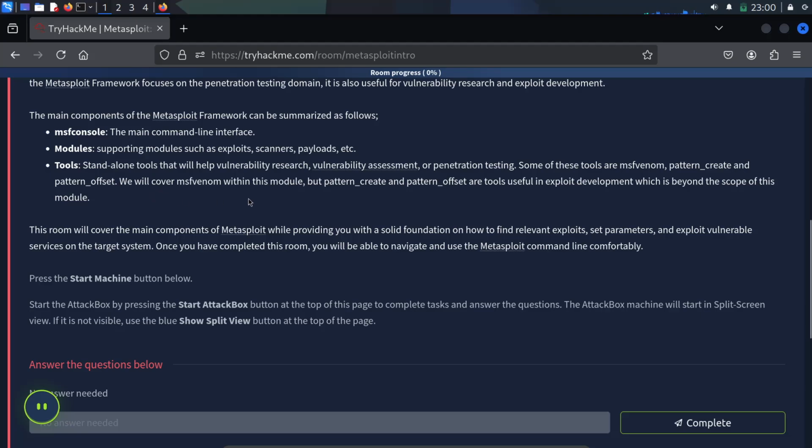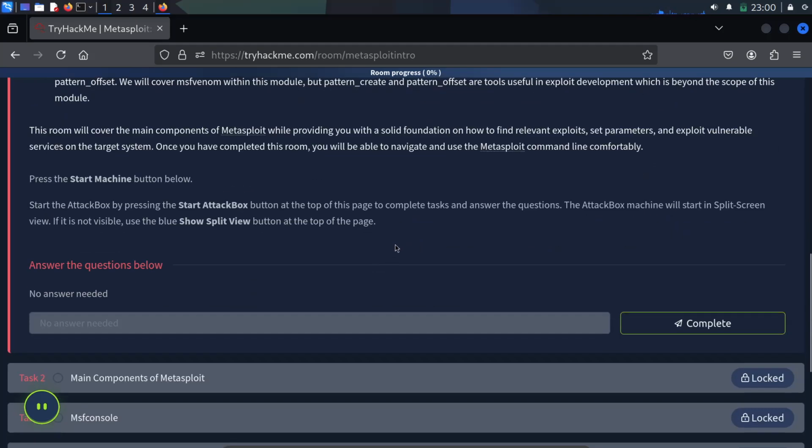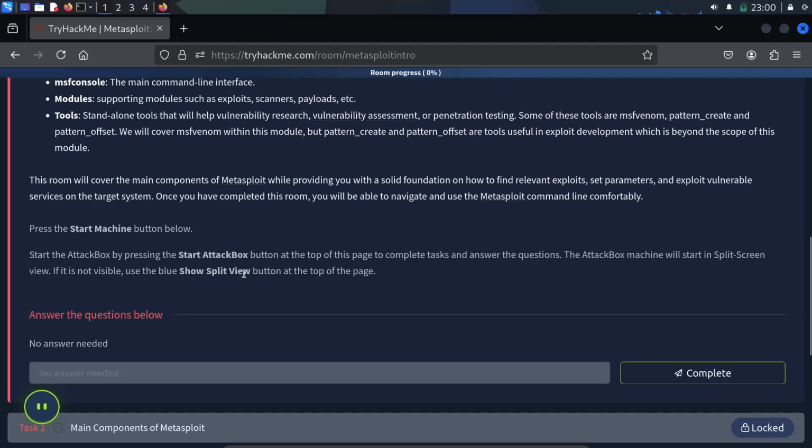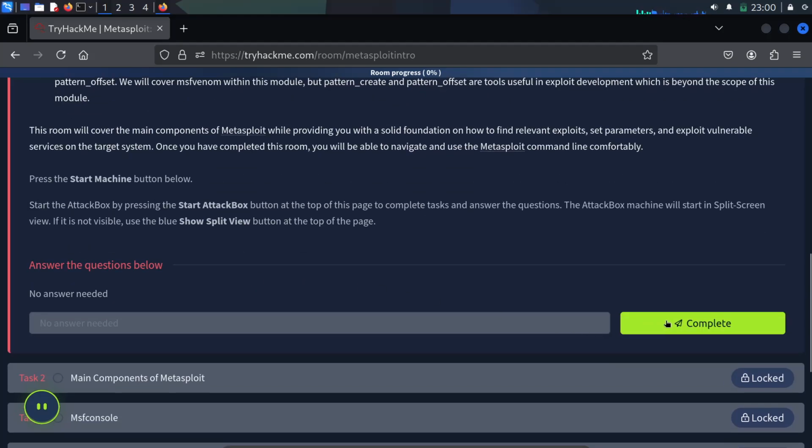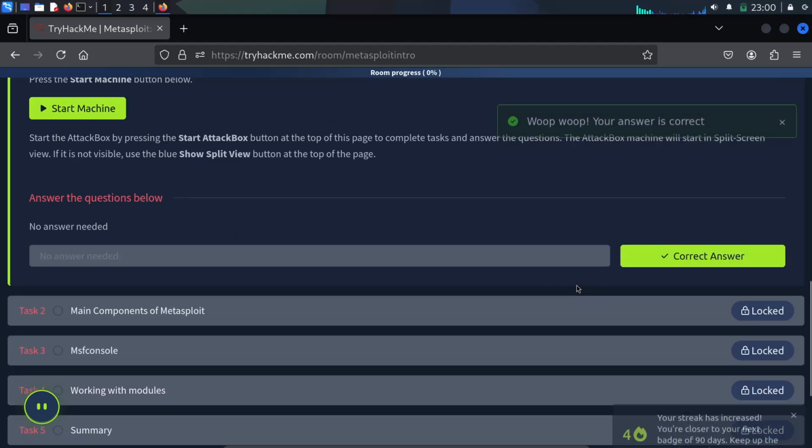We will cover msfvenom within this module, but pattern_create and pattern_offset are tools useful in exploit development, which is beyond the scope of this module. In this task, we don't need to answer any question. Let's go ahead.